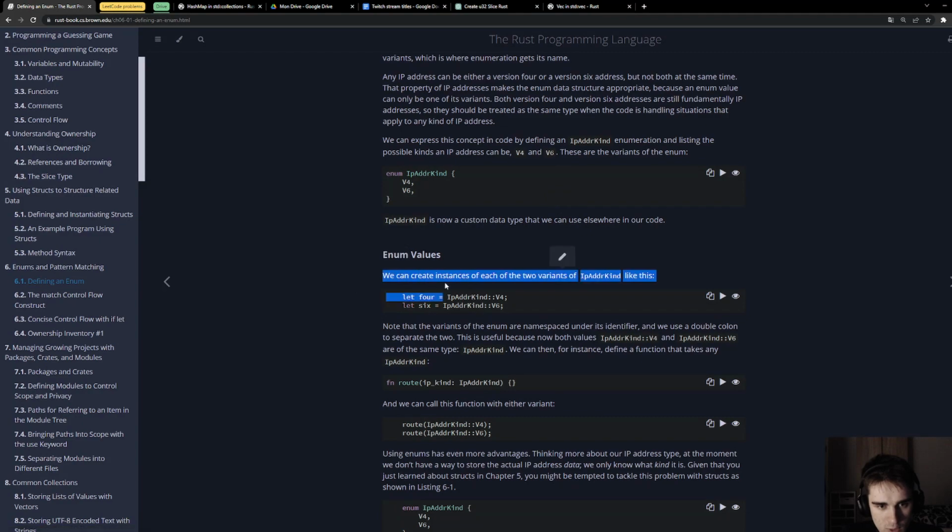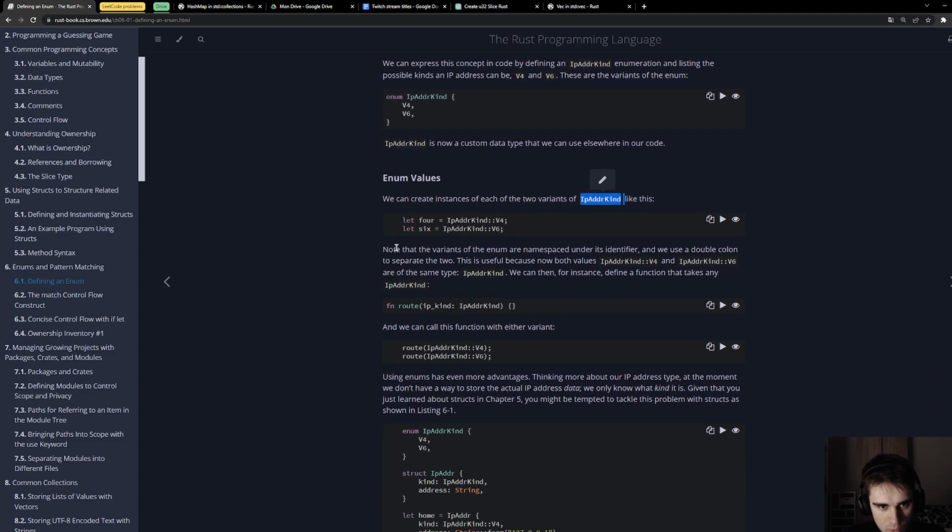Enum values. We can create instances of each of the two variants of IpAddrKind like this. Let four is equal to, okay. Instances of each of the two variants, okay. Note that the variants of the enum are namespaced under its identifier, and we use a double colon to separate the two.